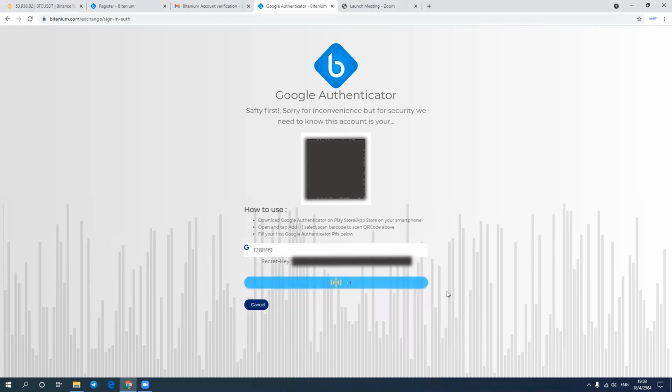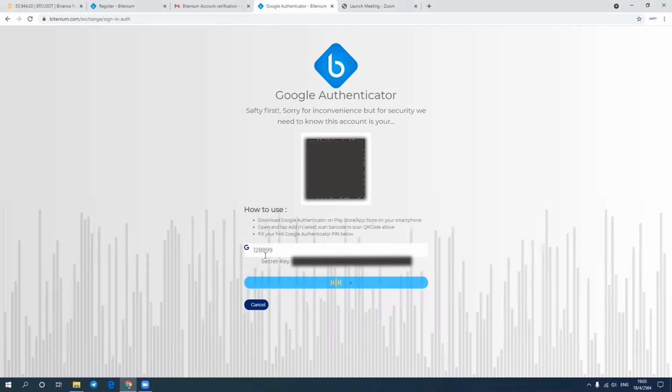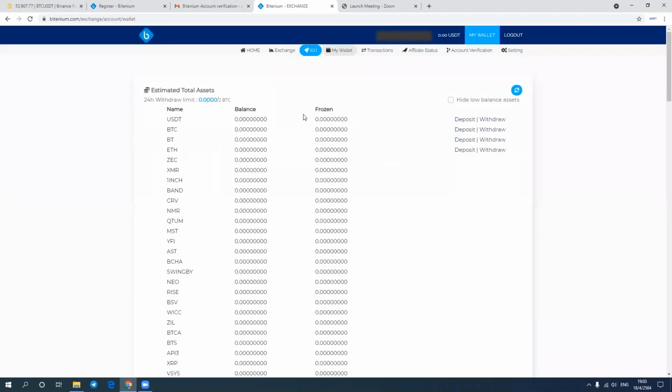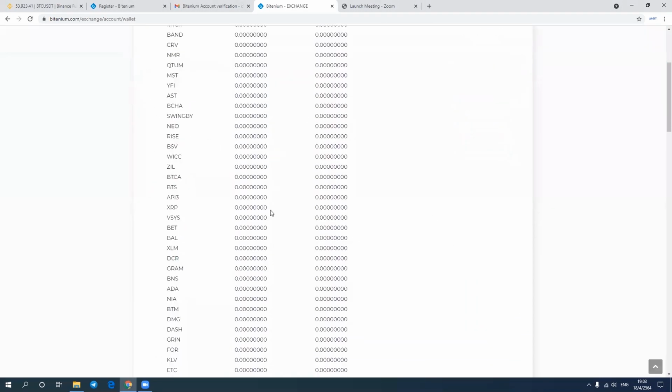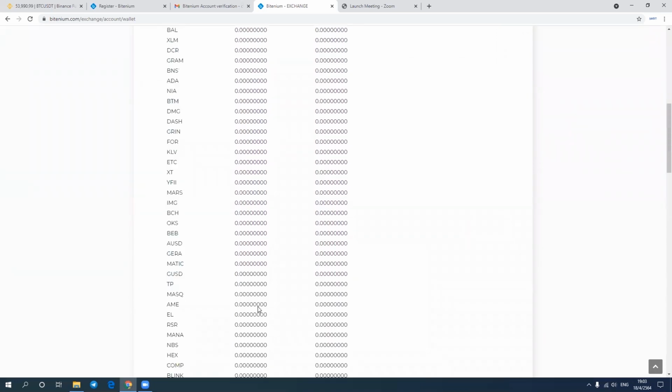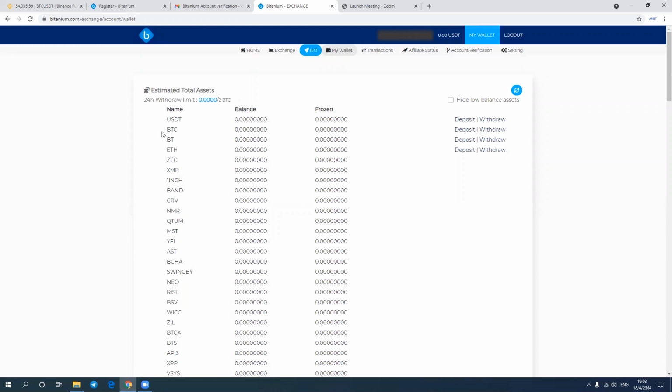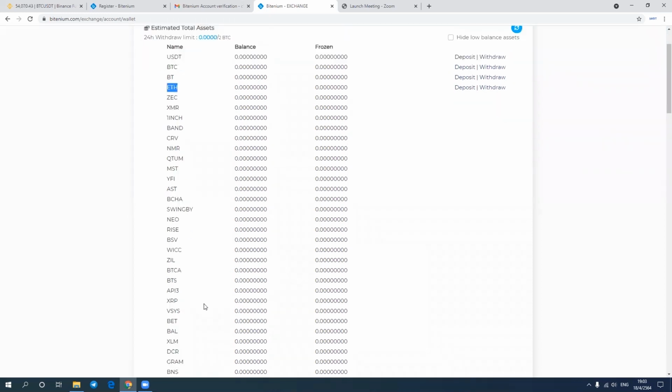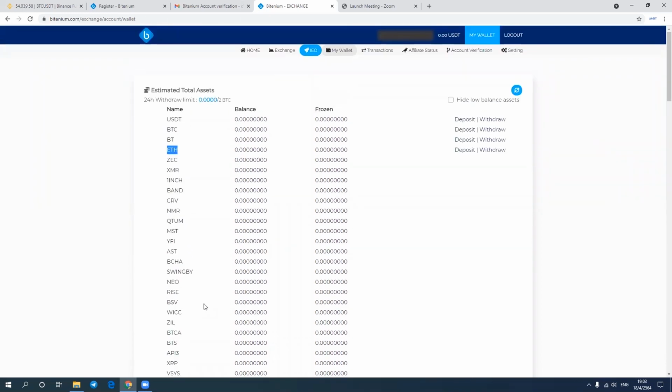This OTP changes every minute, and you will see all the coins available in our exchange to trade. But currently for deposit, we have only USDT, BTC, and ETH. These are for trading, and we are preparing all the other things to be uploaded soon. You can see here there's a deposit and withdraw. You can deposit currently here, for example USDT.